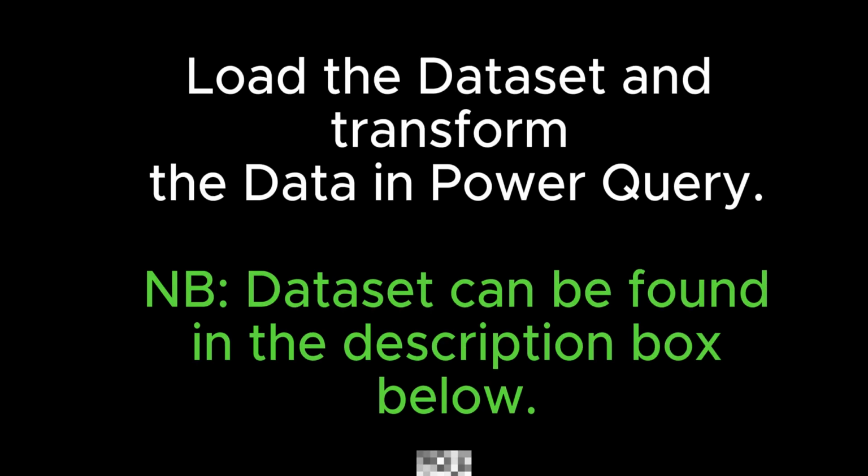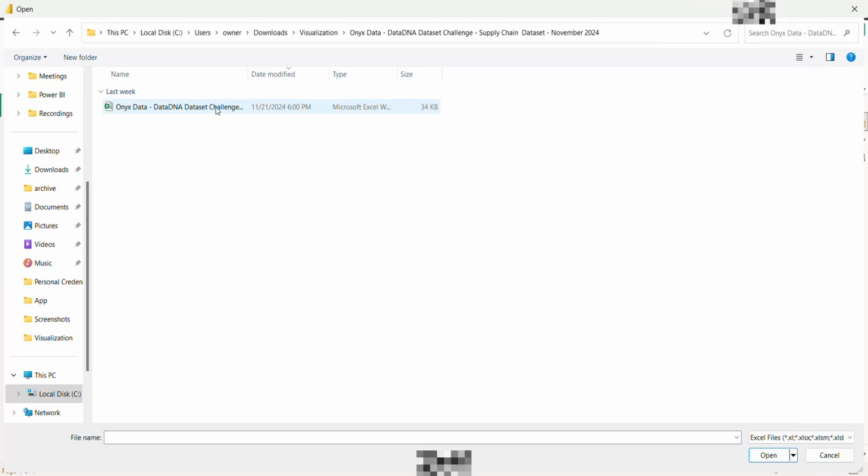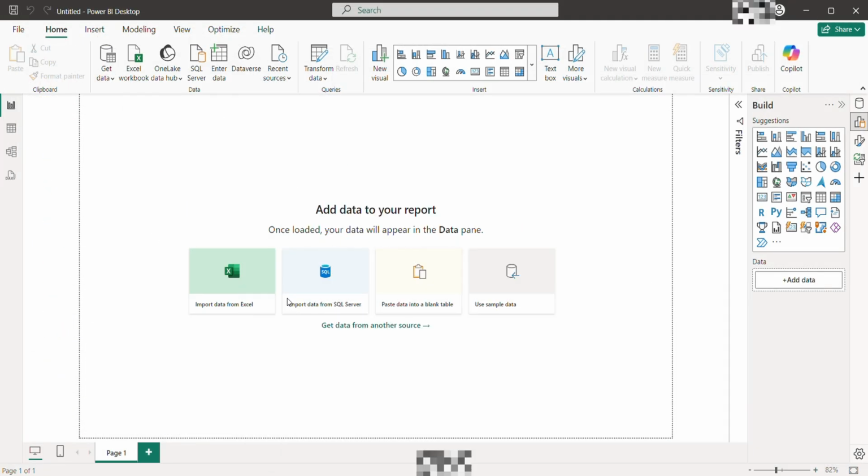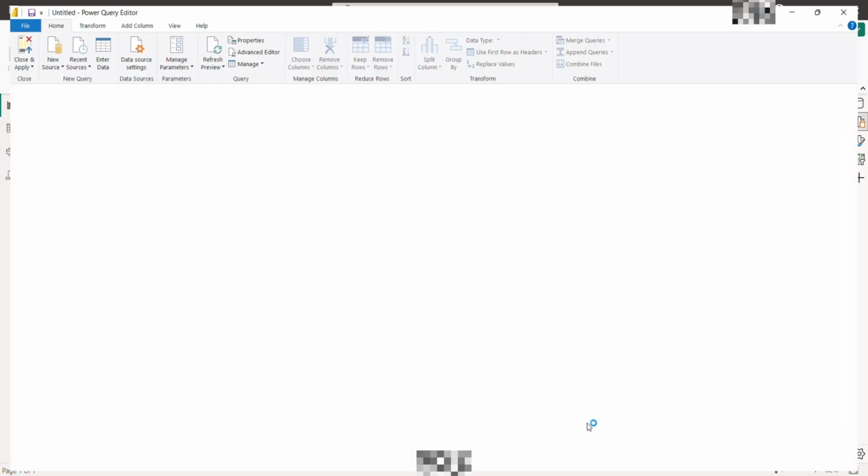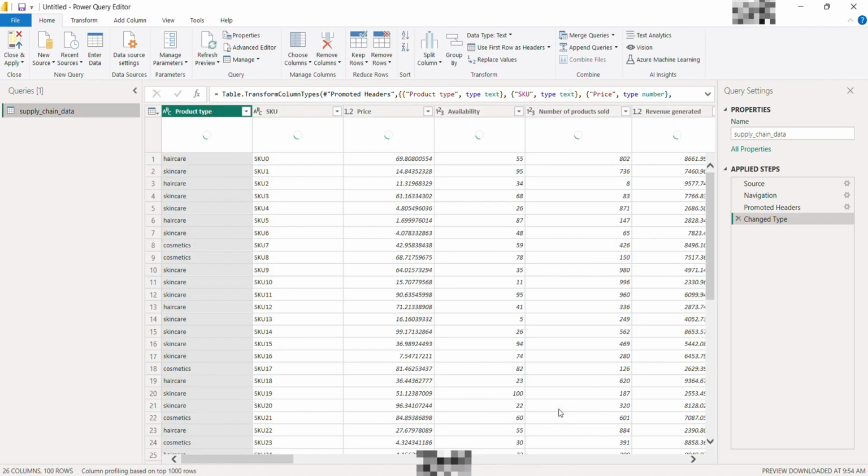First, I'm going to import my data from Excel and I'm going to launch it into Power Query by clicking the transform button. Next up, you're going to try to go through the data and see if there is any